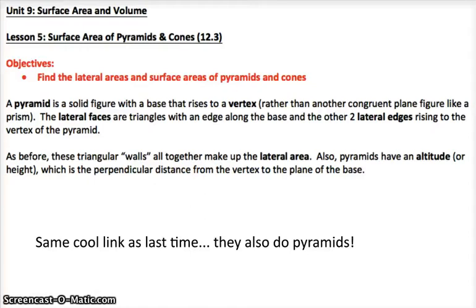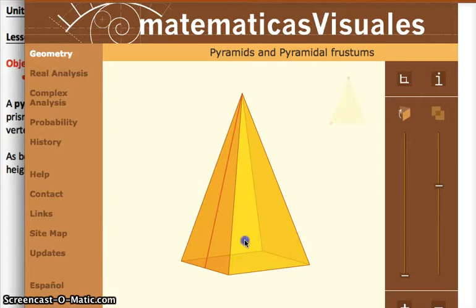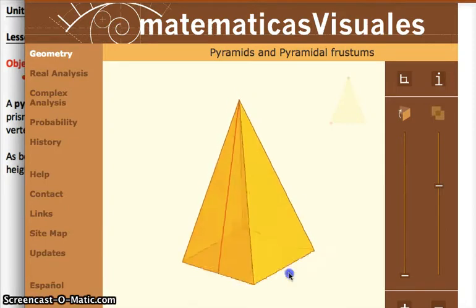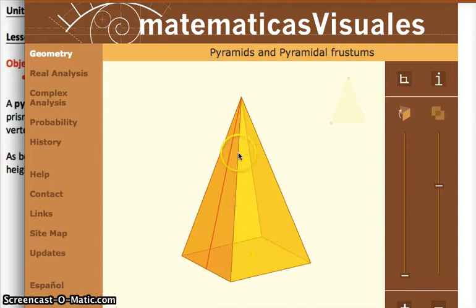All right, more 3D stuff. This is just kind of like the last one, but now we're talking about pyramids and cones. Pyramids and cones are probably things you've seen before. The main difference is we're talking about pointy objects now. We're not talking about sort of boxy objects. We're talking about objects that have one base, and then they have triangular walls that go up and go up